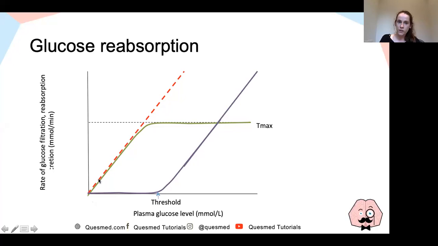Our green line is the glucose that is reabsorbed from the proximal convoluted tubule back into the bloodstream. And our purple line is the concentration of glucose which is left in the urine after reabsorption takes place. So that's what we end up excreting in our urine. What happens initially is, as plasma glucose levels increase, more glucose gets filtered, because the filtrate ends up having